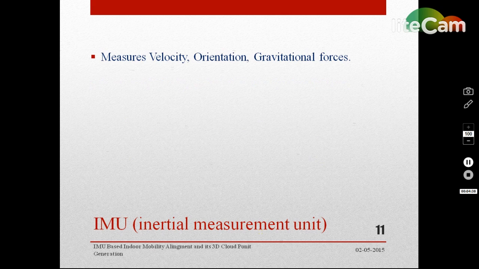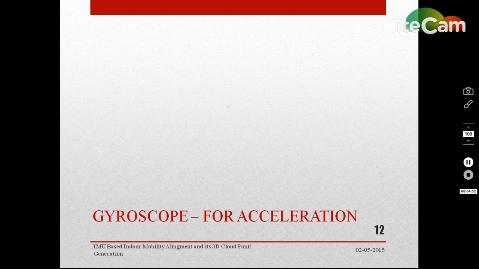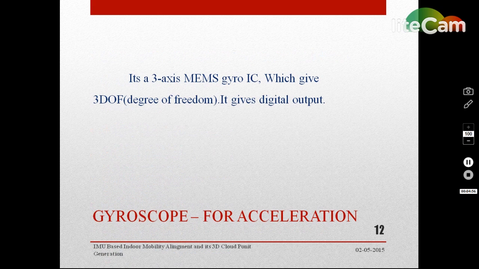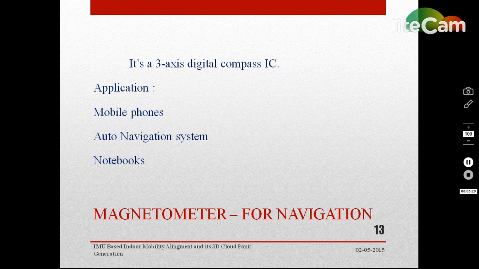And the IMU here we used is a 10 degree of freedom IMU. It measures the velocity, orientation, gravitational pull using a combination of several sensors like gyroscope, magnetometer, accelerometer, and barometer. The gyroscopic sensor is a 3-axis MEMS gyroscope IC which measures the rotation rate about the XYZ axes, such as roll, pitch, yaw. When the gyroscope IC is rotated about any of the sensor's axes, the Coriolis effect causes a deflection that is detected by the capacitive pickoff. The resulting signal is amplified, demodulated and filtered to produce a voltage that is proportional to the angular rate. The applications for gyroscopes are gaming, 3D remote control applications, and